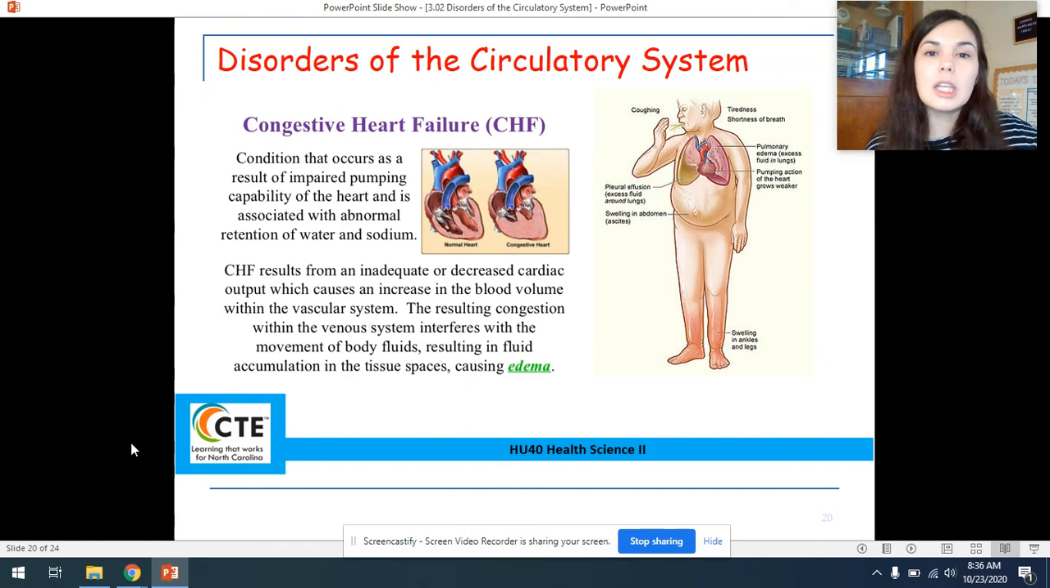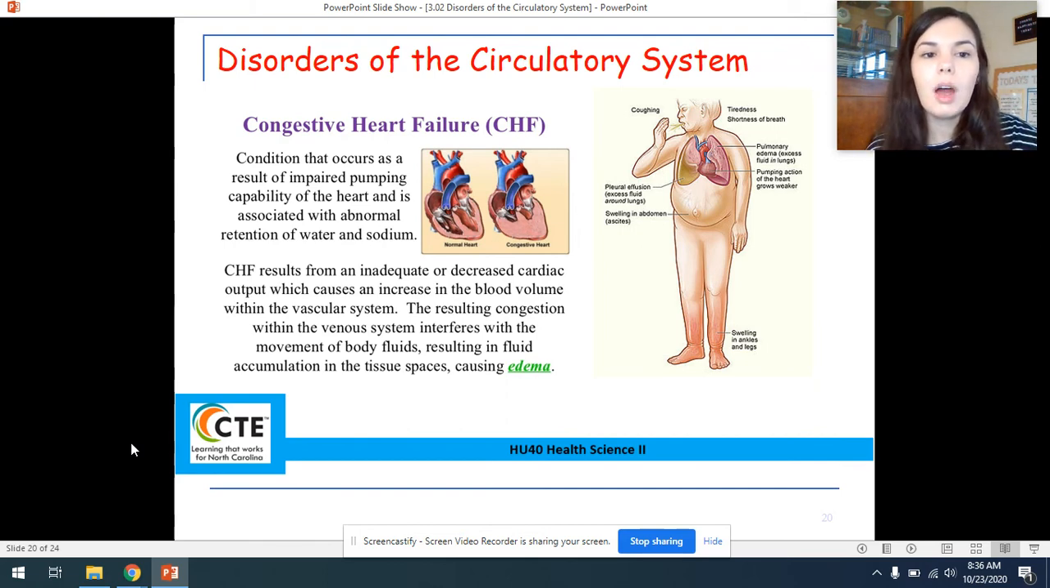So when the body is holding in too much water and too much sodium, that causes an overflow in the blood vessels, meaning that now the vessels are not able to pump the amount of blood that it needs to get throughout the body because there's too much other fluid taking space. So then we start to see swelling in the limbs, especially the legs, and in the face, where we're trying to send that water somewhere else in the body so that the heart can compensate and be able to pump